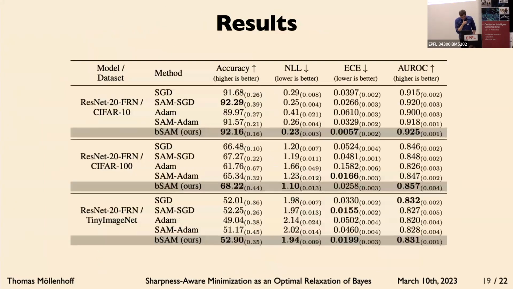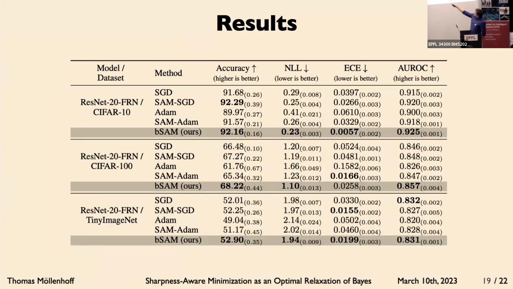We've also run it on larger neural networks. Here, ResNet 20 on CIFAR-10, CIFAR-100, Tiny ImageNet. And we evaluated with respect to test accuracy, but also other metrics like negative log likelihood on the test data set, expected calibration error, this AUROC. So these last two measures, they try to measure how well calibrated your network is. So how confident it is when it's correct, or how overconfident it is when it's wrong. So here, a smaller number is better.